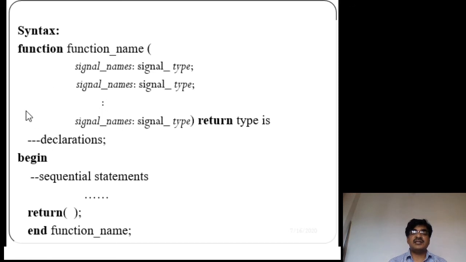The first line starts with the word function, function name, parameter list as signal name and its data type, closing bracket, return type, is. Then any declarations, begin, then sequential statements, finally return, end function name. So this is the syntax for the function.